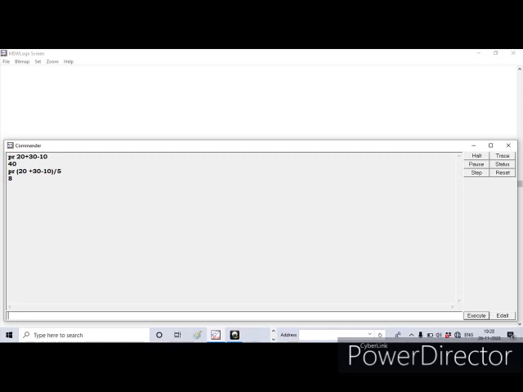So what are called operators? Operators are symbols that help us to do simple calculations in Logo. Okay, so operators are used to do simple calculations in Logo. Addition is represented using plus sign, subtraction is represented using minus sign, division is represented by slash, and multiplication is represented by asterisk. Clear?